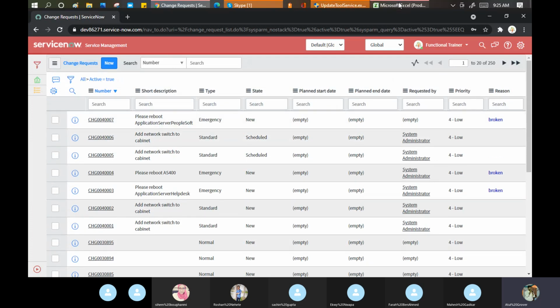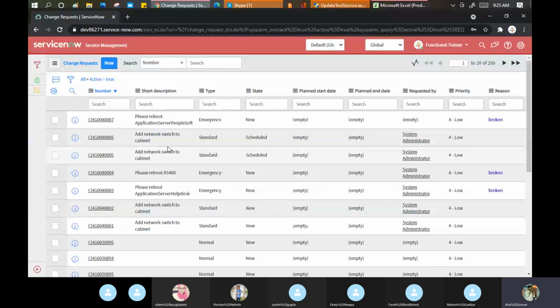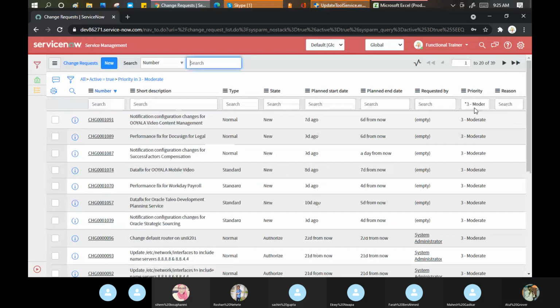Now I come to the next point, which is important here, specifically on the filter part. You have a question: Atul, I want to know how many changes have priority 3. How can you do that? There are multiple ways to do that. Number one, you can go here and mention star and 3. You will get all the records which are starting. These are the wild characters. Star, percentage is my wild character. You know how to use these wild characters specifically. Okay, so I bring my data.